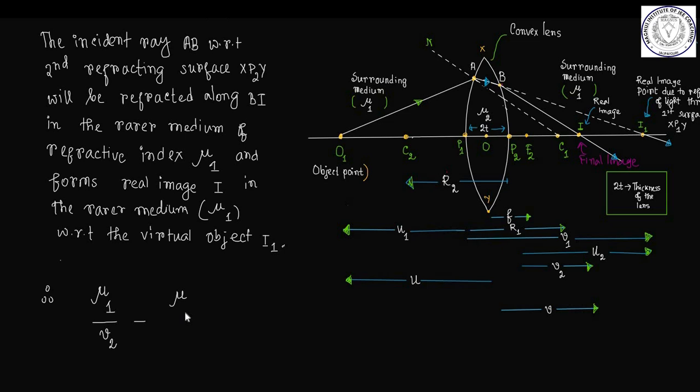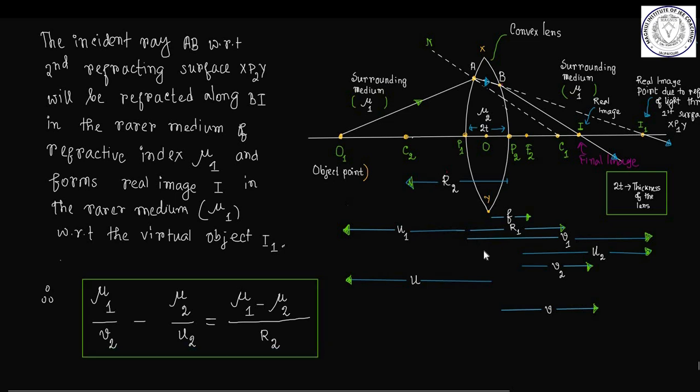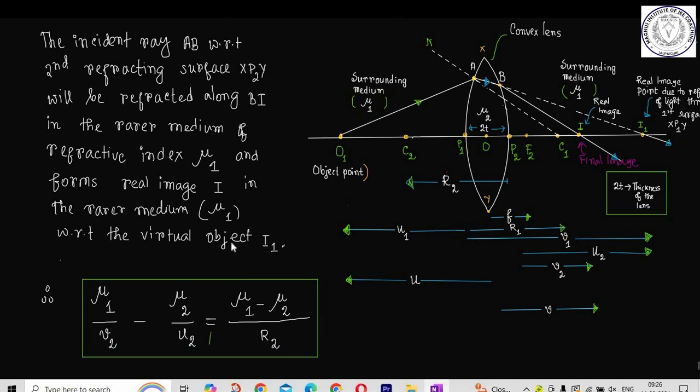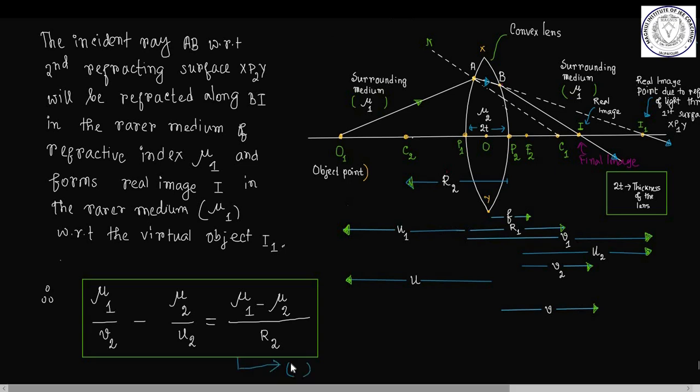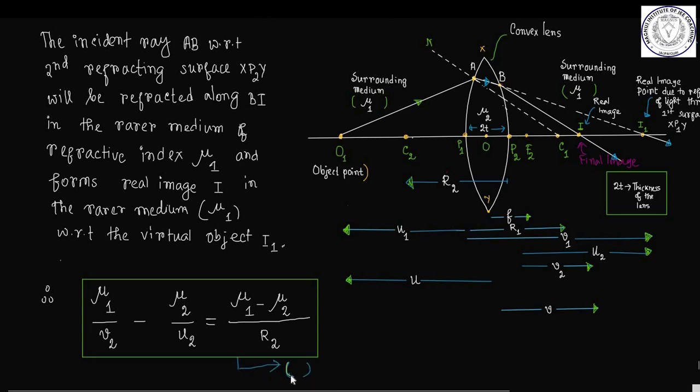Therefore, mu1 by v2 minus mu2 by u2 is equal to (mu1 minus mu2) divided by r2, where r2 is the radius of curvature of the second refracting surface XP2Y. That is, mu1 by v2 minus mu2 by u2 equals (mu1 minus mu2) divided by r2, which is equation 2,